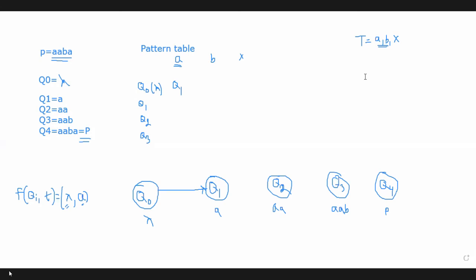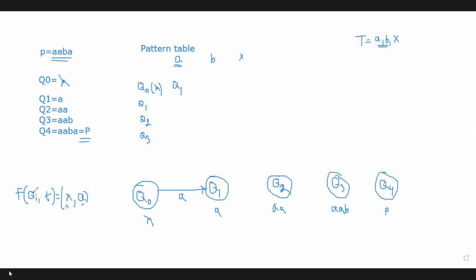Now I already told you each state can accept two types of value. The other value is B. So what will happen if it accepts B? When Q0 accepts A, it goes to its next step. The state Q0 only moves on to its next state if it receives A, because Q1 equals A.